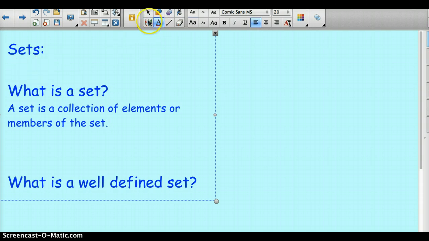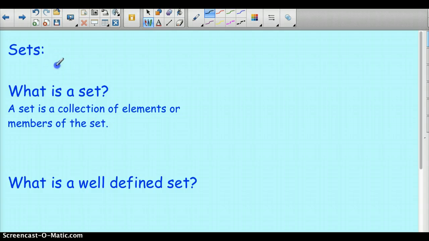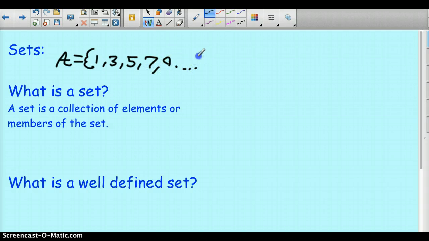Let's start just by a basic example. For example, we have set A. And the way we do this, we say A equals and then use a brace generally. So set A is 1, 3, and I'm just making this up. Sets can be defined to be anything you need it to be. Right now we're just using the odd numbers that are greater than 0. So that's what set A is. Just a basic example. Please excuse my handwriting, but that's pretty much what we're talking about with a basic idea